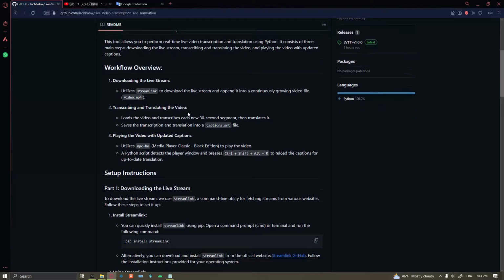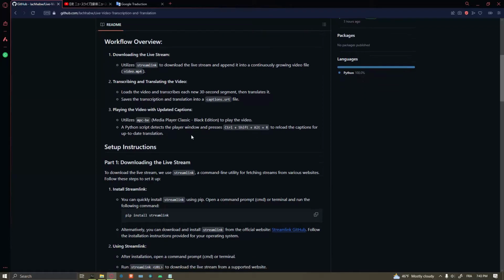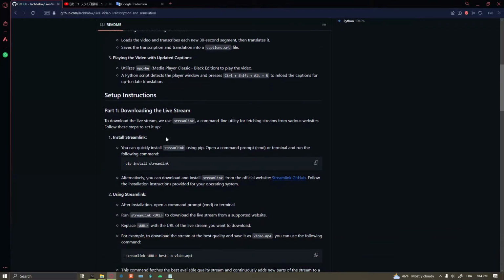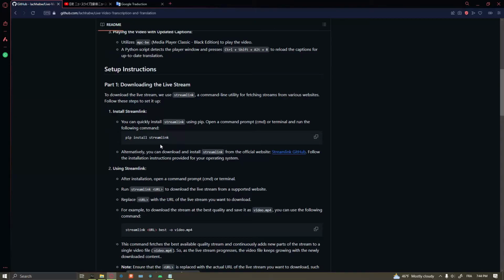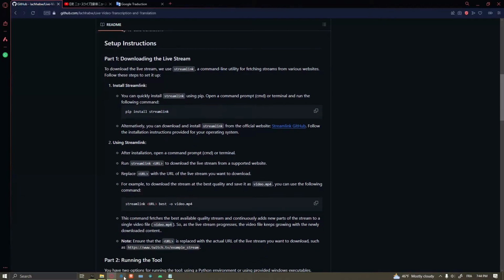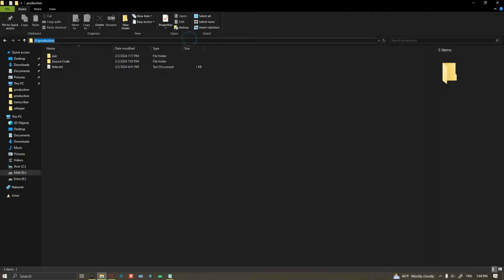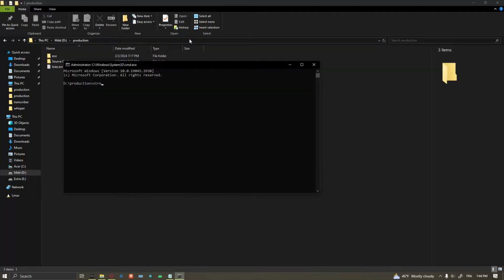Now, before using this tool, we need to do some installations. First is to install the Streamlink library, and this can be done easily. If you already have Python installed, you need just to use the pip install streamlink command. If you don't have Python, you have to install it because everything here is based on Python. So once you install Streamlink using the pip command, we can use it by the cmd streamlink,